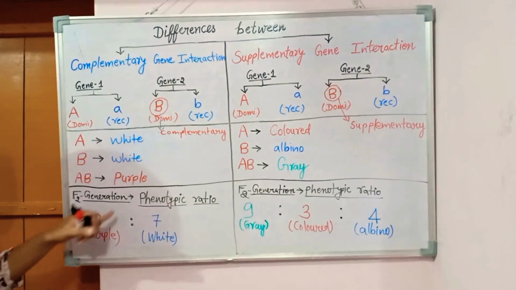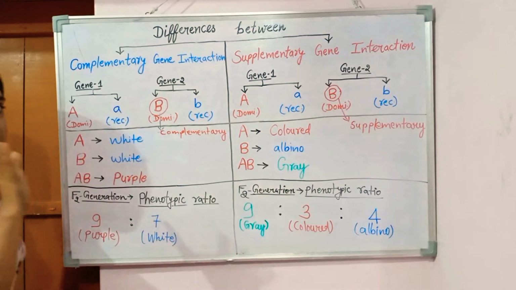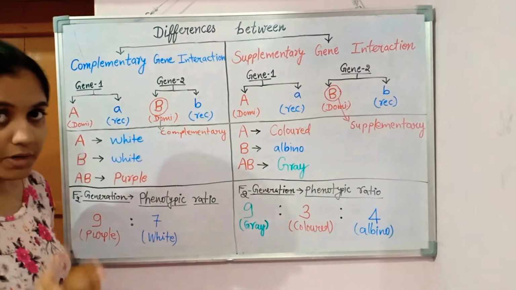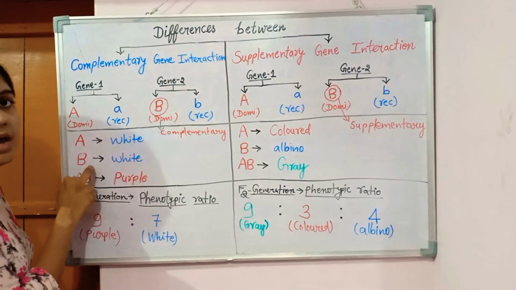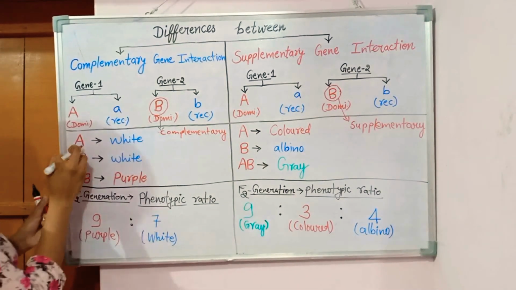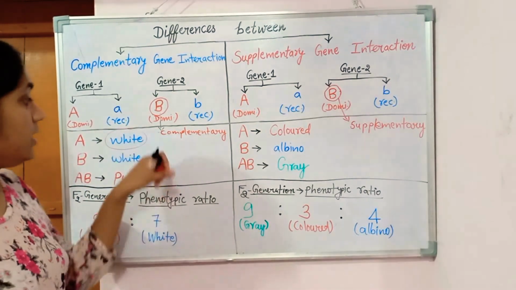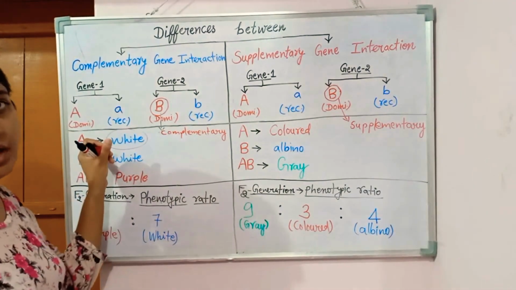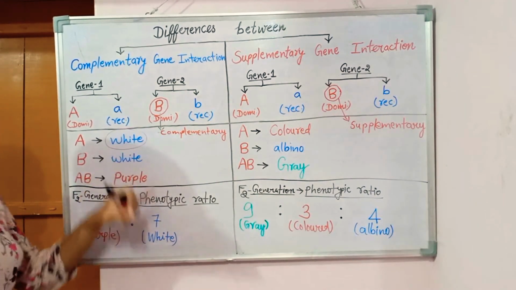So here you can see when the capital A, which is present in any genotype, is present, only capital A, no capital B, means the dominant allele, the complementary allele gene is not present. Then the capital B produces the white color phenotype, meaning no phenotype. It produces the recessive one. Okay, it doesn't have its own phenotype, capital A. Okay, and when this capital B is present, then it also produces the white.